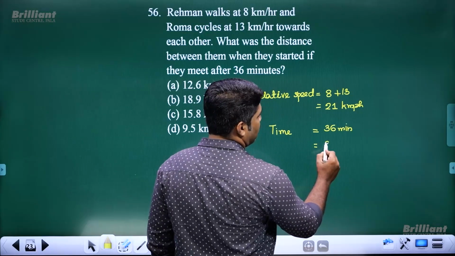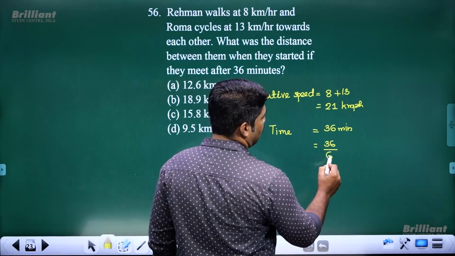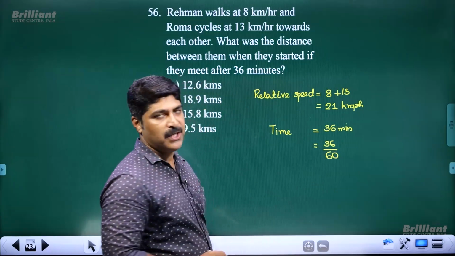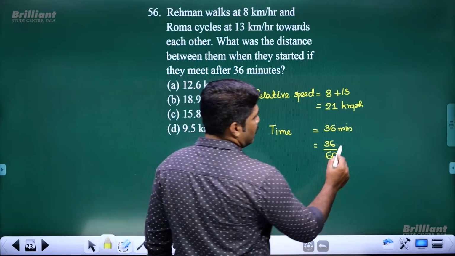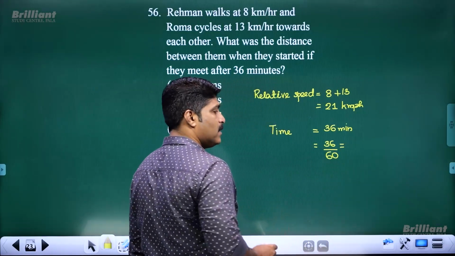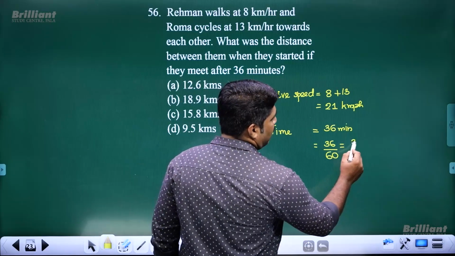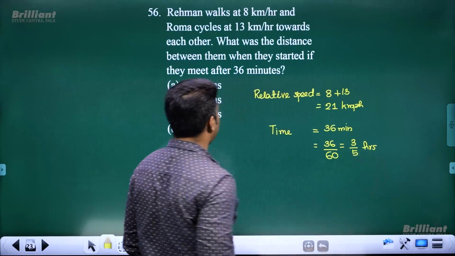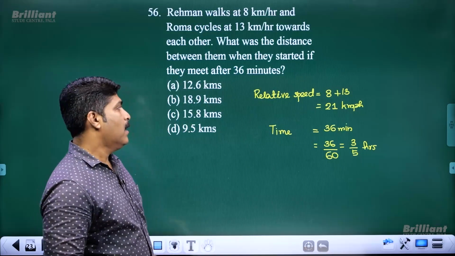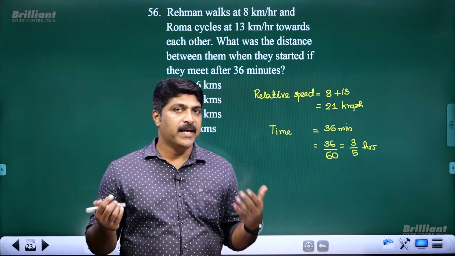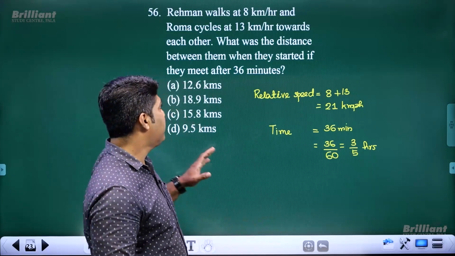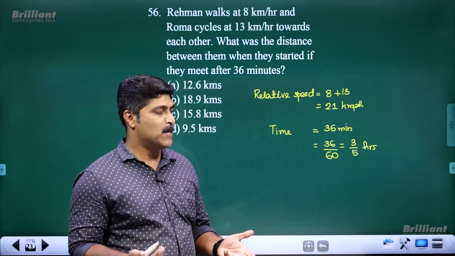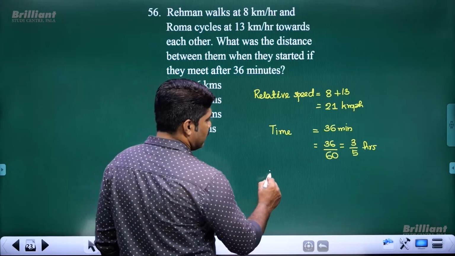How can we convert this 36 minutes into hours? This is 36 by 60 hours. So, what will it become? This is equal to 3 by 5 hours. Clear? Then, usually we know how we can find the distance. Here we are going to find out the distance they covered. Therefore, the distance,